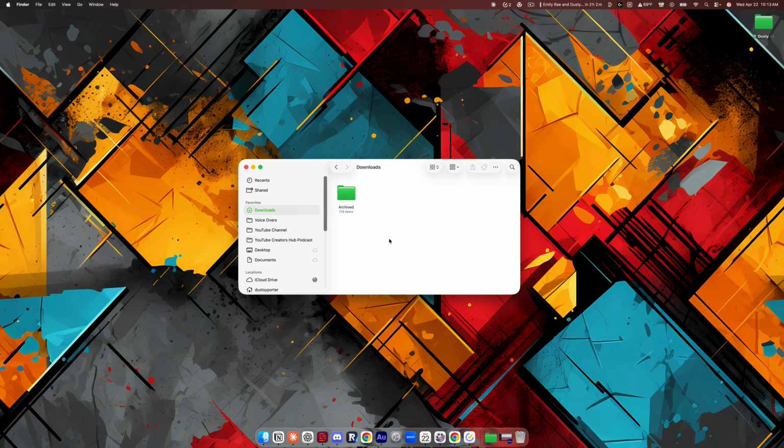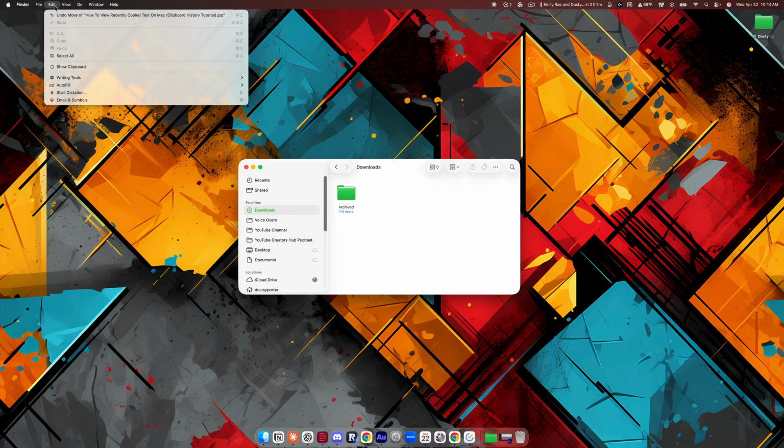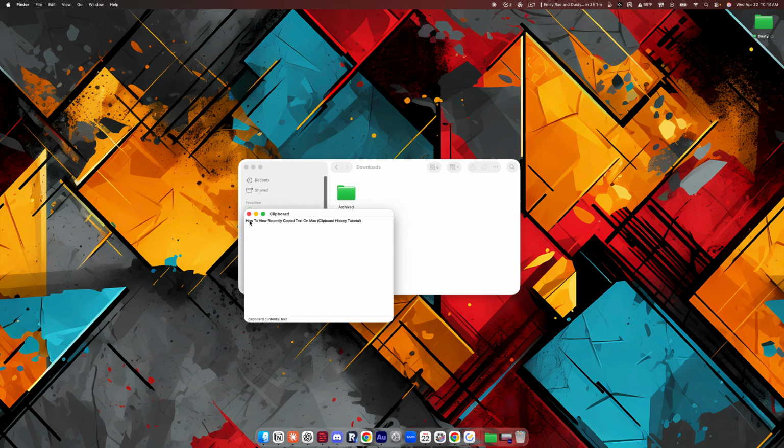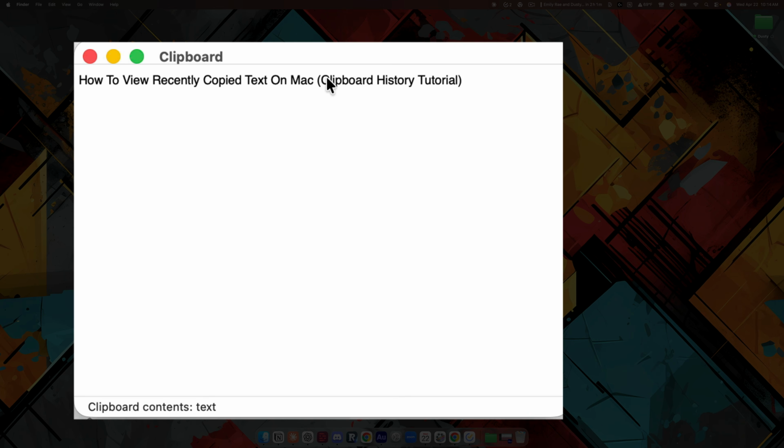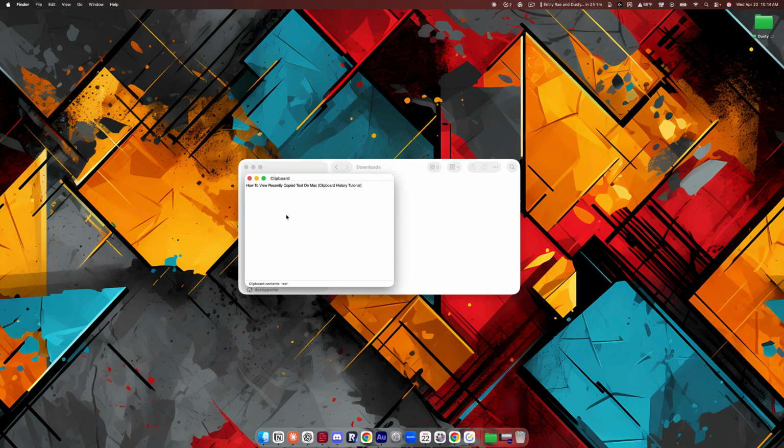Now what you want to do is open up a new Finder window like I've done here. If you want to know how to do that, click on the little smiley face Finder icon to open up a new window. And then while you have that selected, and that's the active app, go up to Edit and then go to Show Clipboard. Now, when you do this, as you can see, it's only going to show me the most recent thing that I've copied, not a list. I can't search it,